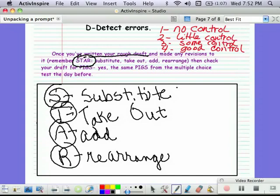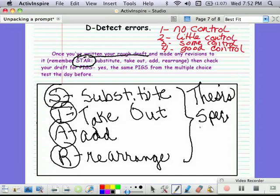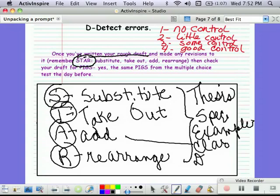You're going to think about all of the strategies that we've been talking about. You're going to think about, do I have a thesis statement? Do I have specific details? Remember, that was in your prompt. Have I added specific examples? That was from CDE. Are there places I can clarify? That would be an add. Are there places that I can describe? That would be an add or a substitute. Remember, are there places where I can put action verbs in? That would be substitute. All of the strategies